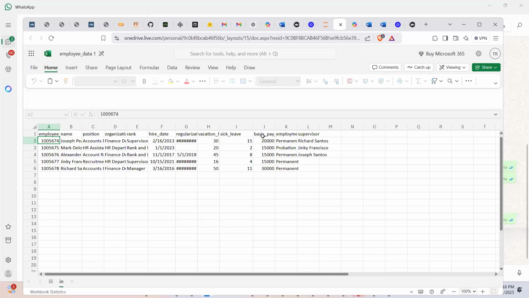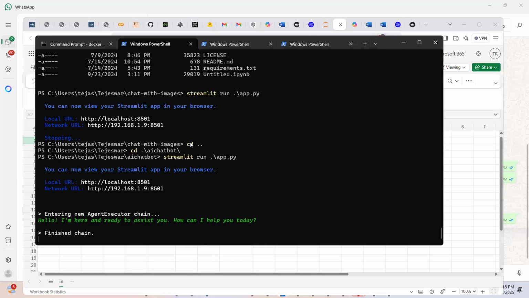So what we are doing is creating a bot which will take our text commands and convert them into code, and it will give back the answer. So a simple one will be,